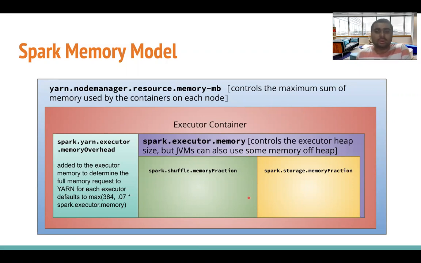So if your machine can have say 10 GB of RAM, but node manager can control only 8 GB of RAM, for example, then the number of containers you can run on that machine should not exceed more than 8 GB. So you have a distinction. All the memory of the machine is not going to be used by Spark or by Yarn. You can control how much memory has to be reserved for the operating system processes and how much memory is going to be used or controlled by Yarn node manager.